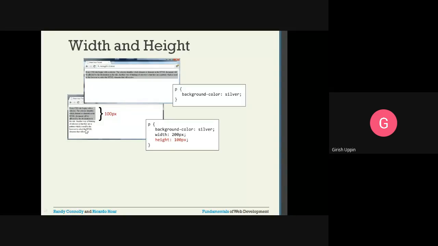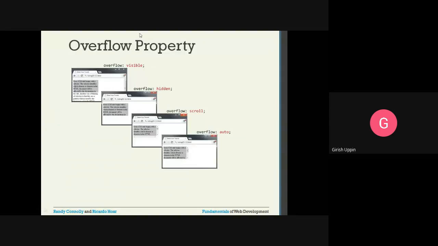How to control that overflow, that property also we can set. There is a property called overflow colon visible. If you set the overflow property as visible, then it will show all the content, even though this is the height of the paragraph, 100 pixels, and only this will be shown with a particular background, the rest will be visible.